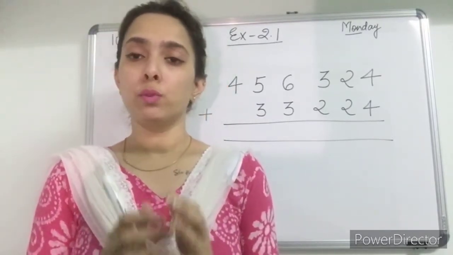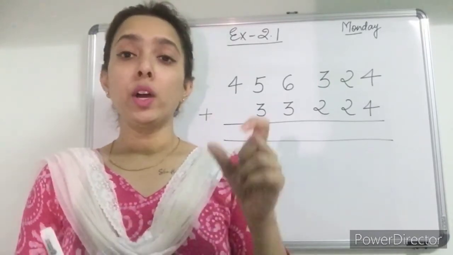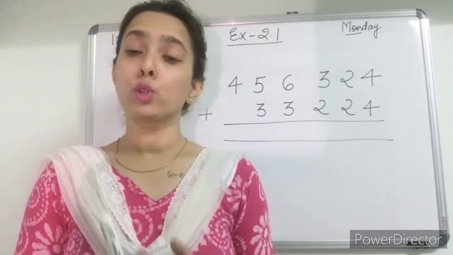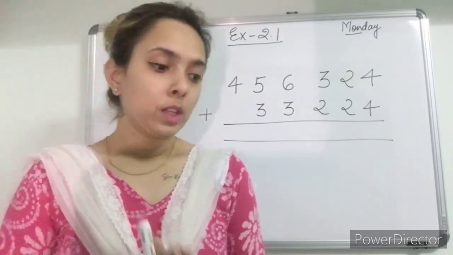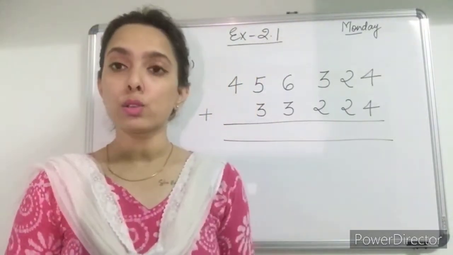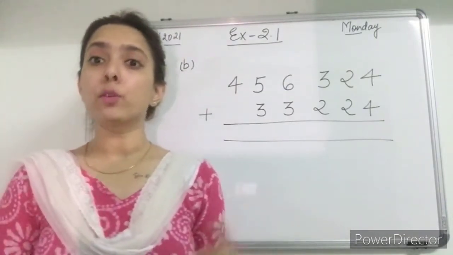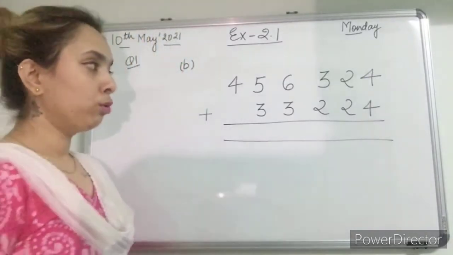But those students who are not having books, they will have to write the complete question in the notebook and then you will solve. But those who are having the book, they can do this question directly in the book only. The question is, find the sum of the following and also mark periods in the answer. Periods means we have to put commas according to the Indian place value system. So I hope you know how to add.